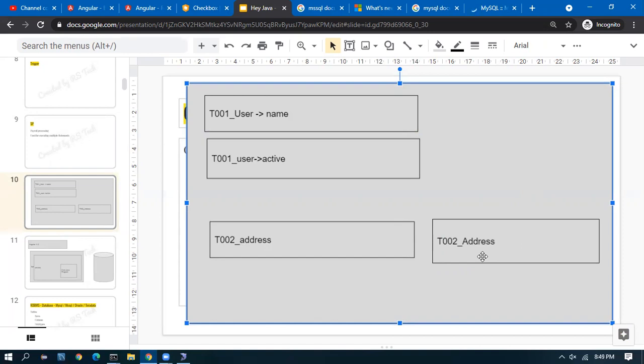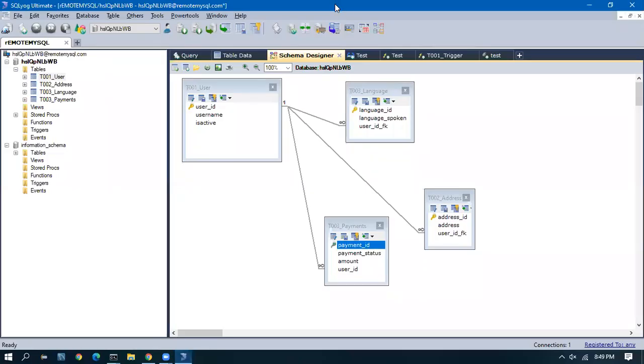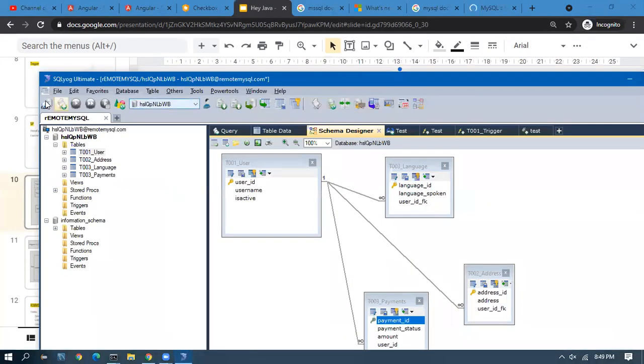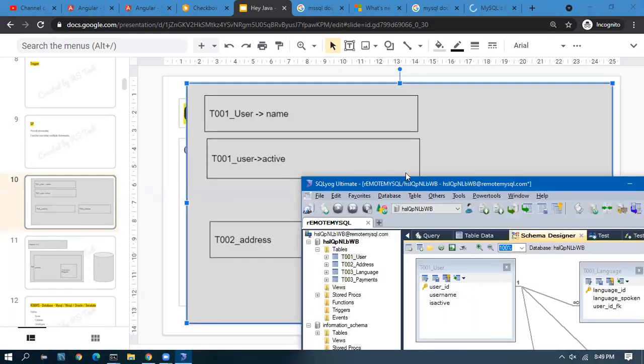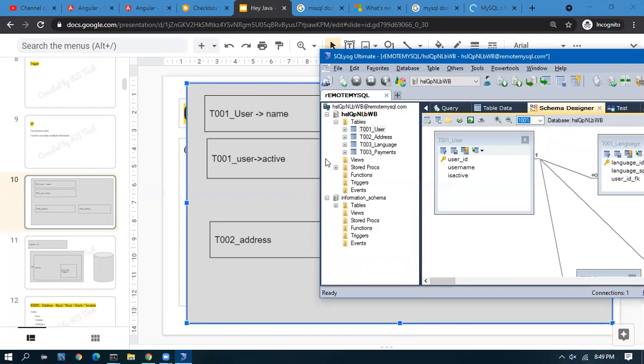To store into a database, if we now link this with the diagram which we have and the table structure, we see that the user level data or the user related data are captured only once, but the address related data for that particular user is captured more than once. So we have a single user and multiple addresses.